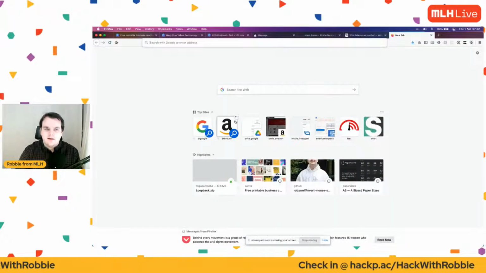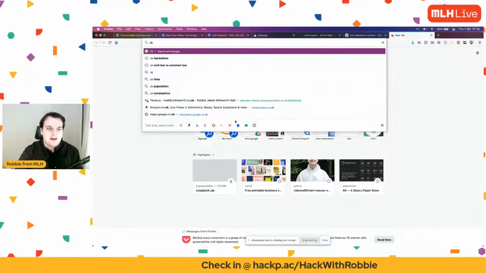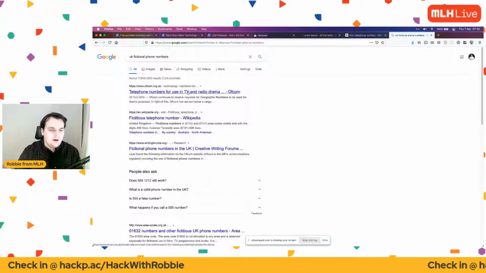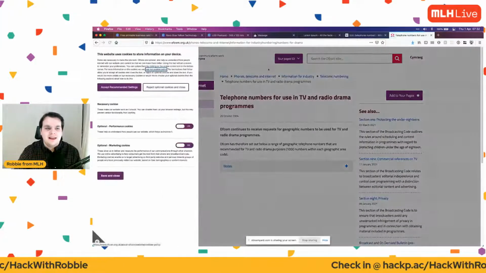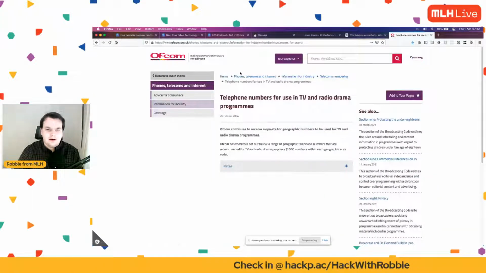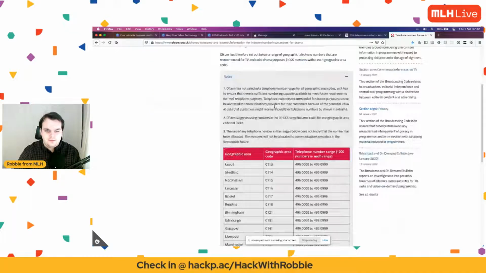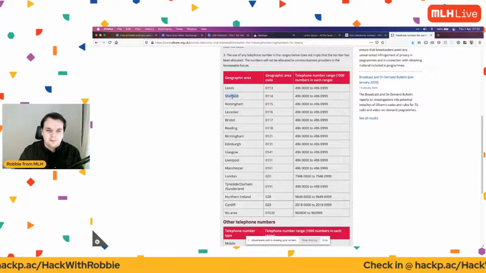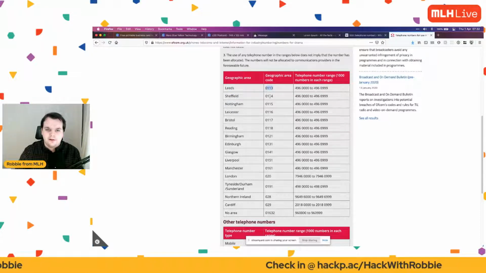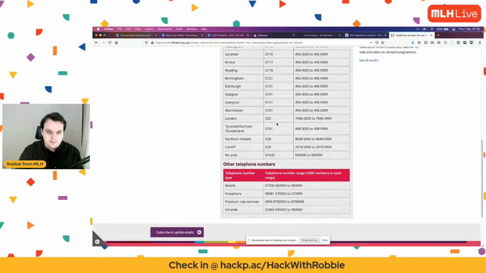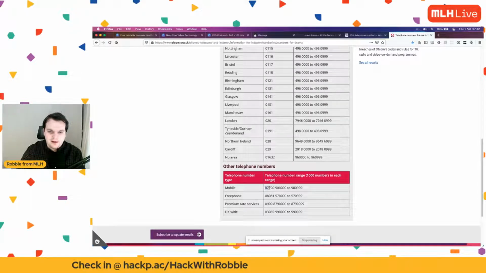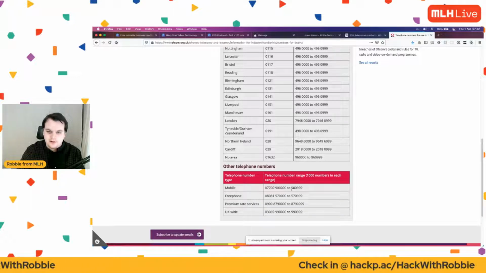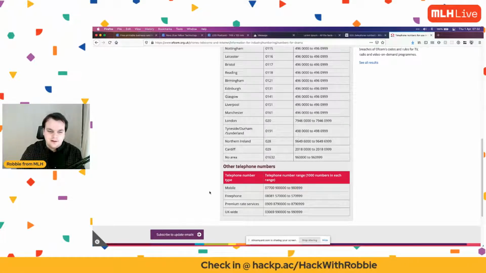In the UK, UK fictional phone numbers, there's a big list of them on the Ofcom website. Ofcom is the Office of Communications. And we have, okay, I mean, look at all this, right? Certainly you've got geographic ones. So for all the different main cities, they all start with this area code. But if you go to mobile, everything in the range 07700 900 000 to 07700 900 999 is kind of